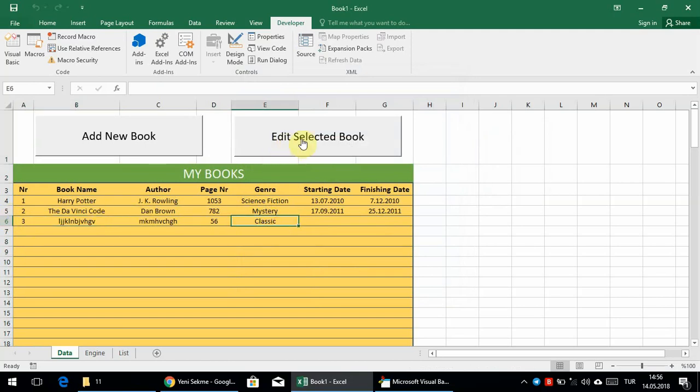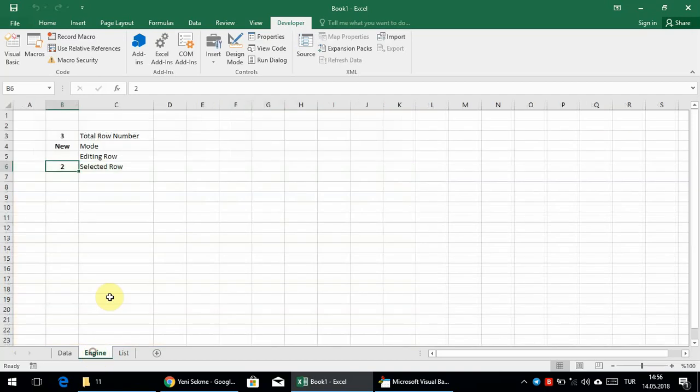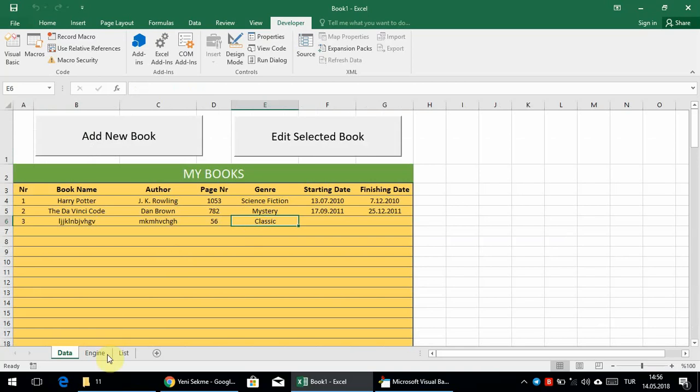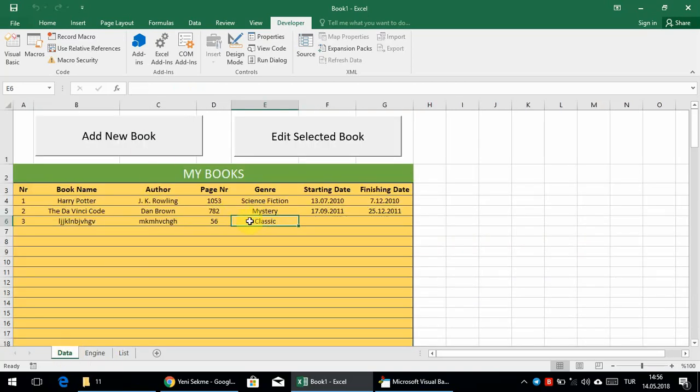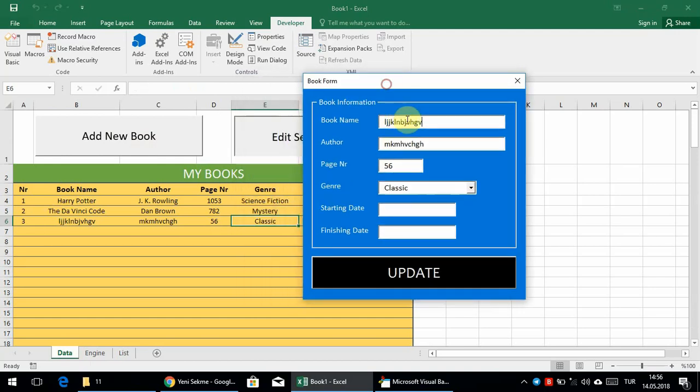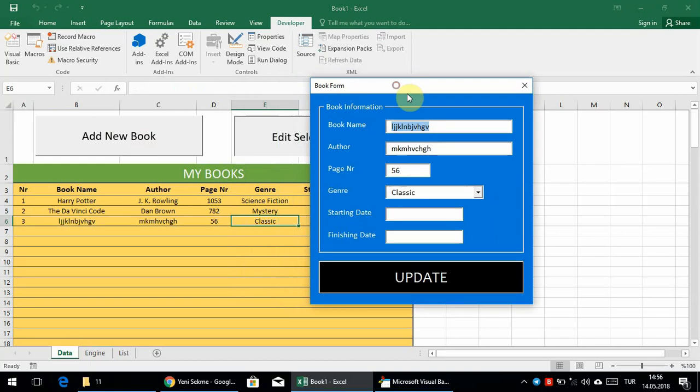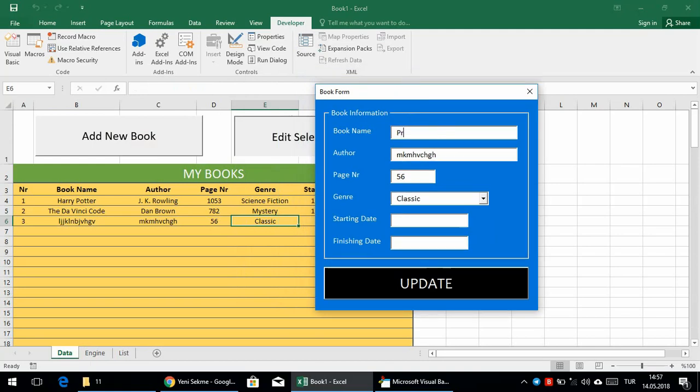And now I'm going to edit the selected book. Let's check the engine. As you can see, the mode is new, total row number 3, selected row 2. Selected row is not important here because we selected new before. So now I'm going to select the third row and I'm going to edit it. I click edit book, and now I'm going to change it with the real book name,